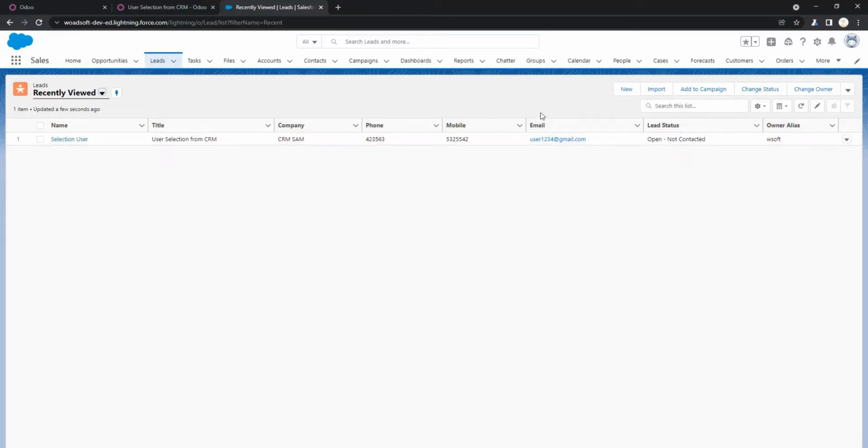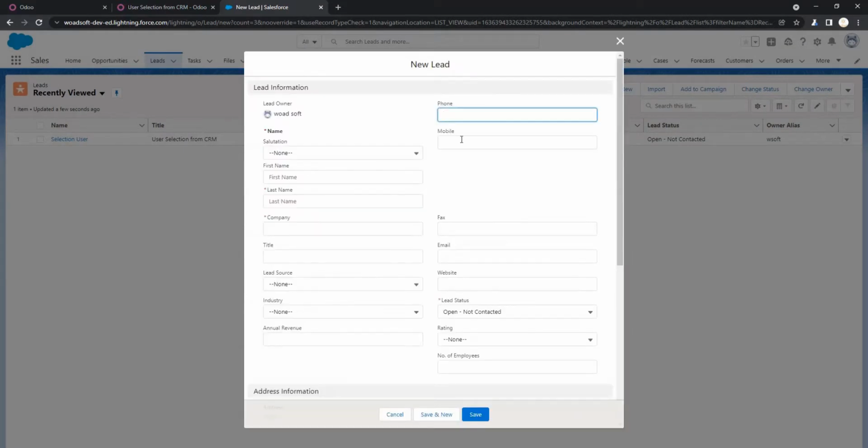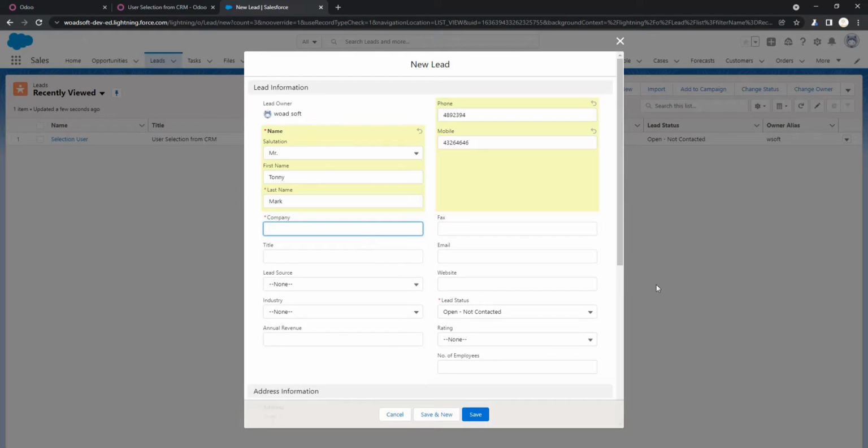Okay, so we are going to create a new one that will be imported in Odoo. So I start with some random information. Also we have the other fields as well.